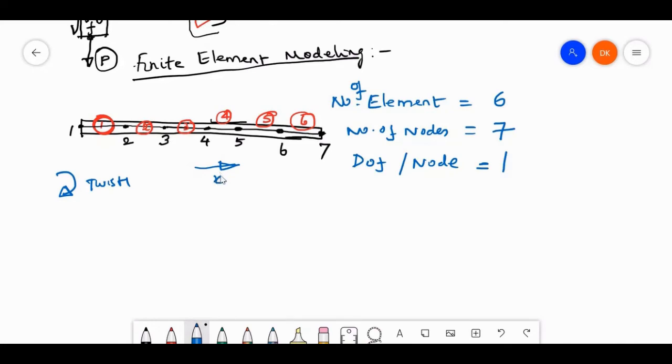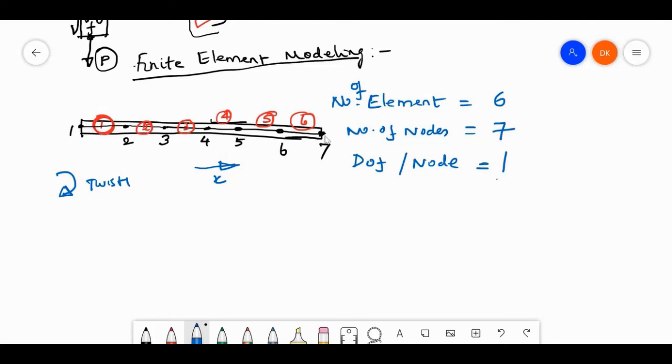So here this is a one-dimensional problem. The element behavior is that it will take only the axial load in the x direction, so the displacement only in the x direction will exist. So each node I have only one displacement. Okay, so this is now a structure. I subdivided it into 6 elements. Each node I have 1 degree of freedom.